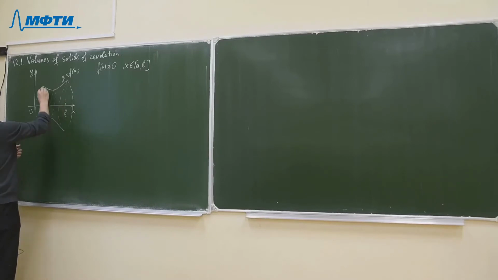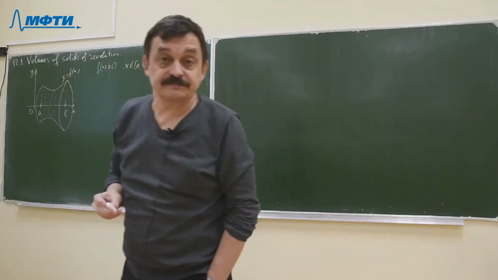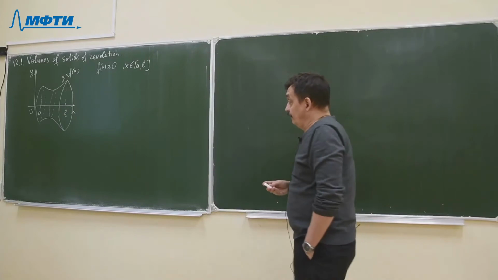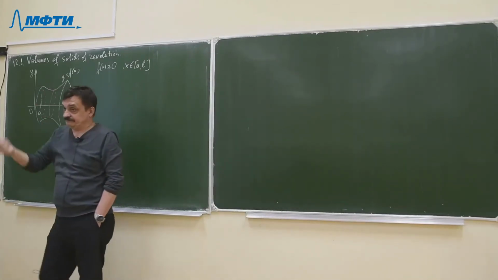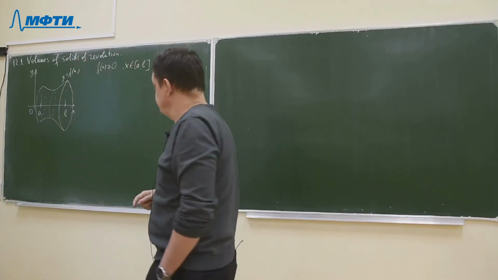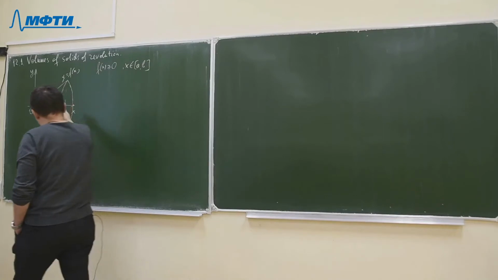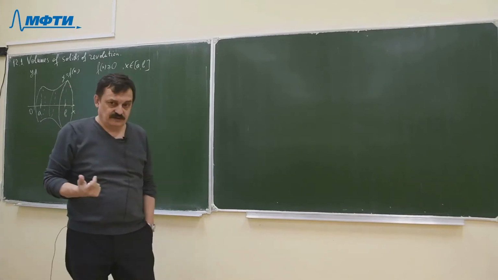Okay, let me draw it in a more solid way. Okay. That is our solid of revolution. We rotate the graph around the x-axis and we obtain a solid, and we want to compute the volume of that solid. So once again,